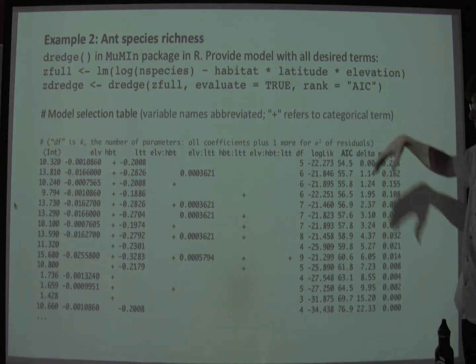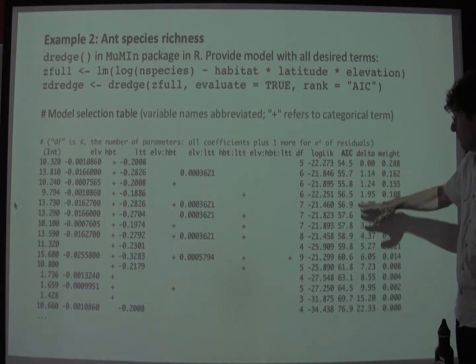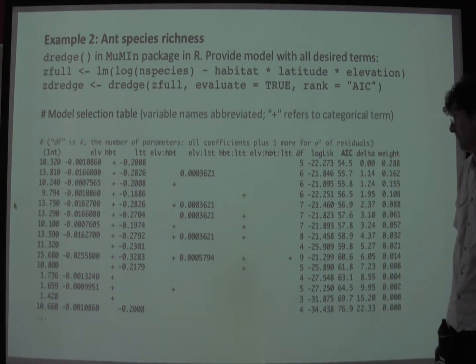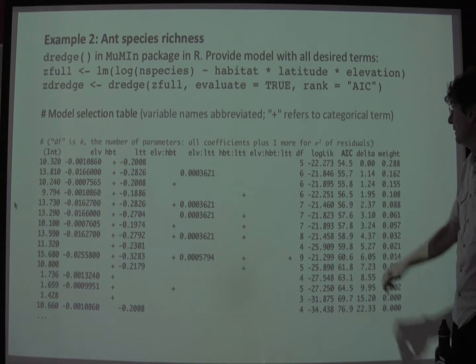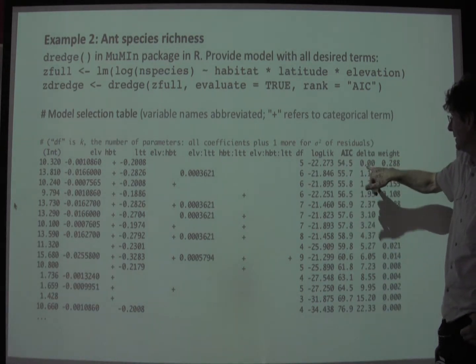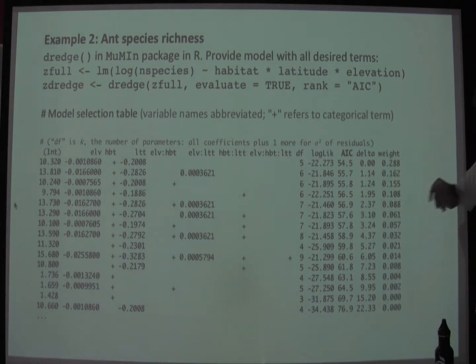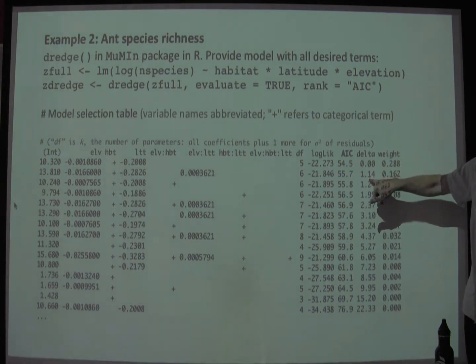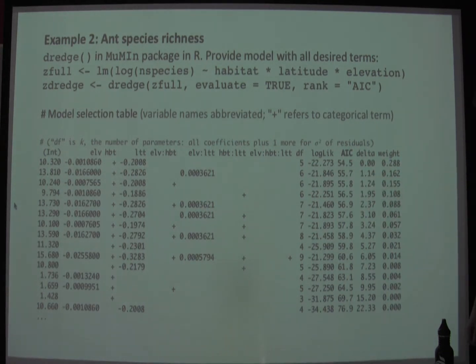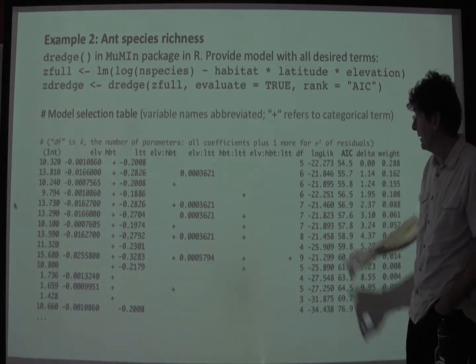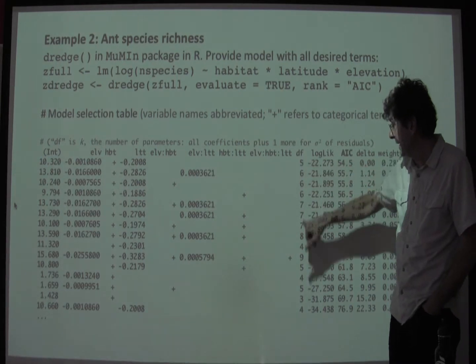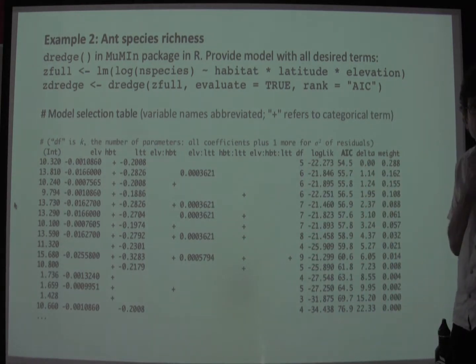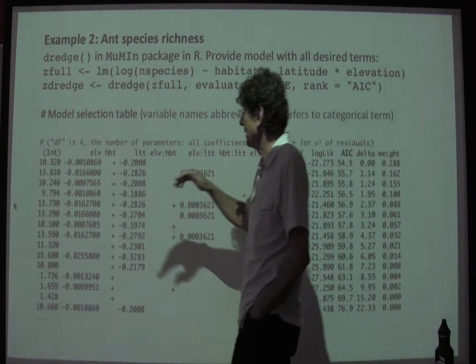And what you get out of it is a model selection table where all the models are listed, and I've only got a subset of them shown that will fit on the page. The log likelihood, the AIC, the delta AIC, which is the difference between the best model AIC and the AIC of each model. And then something called the weight, which I'll talk about a little bit. And this quantity here, df, which is actually the k in the equation for the AIC score. And the way the table works is